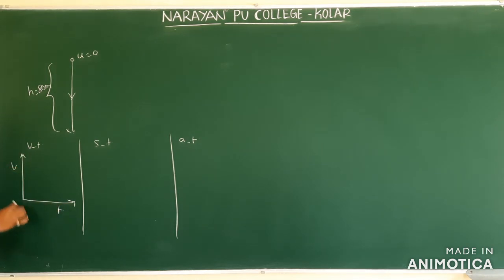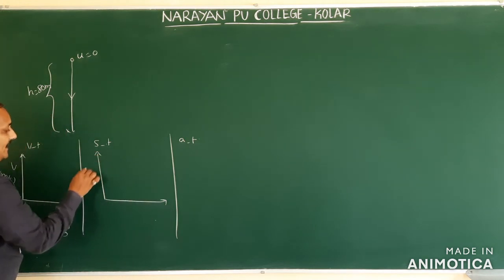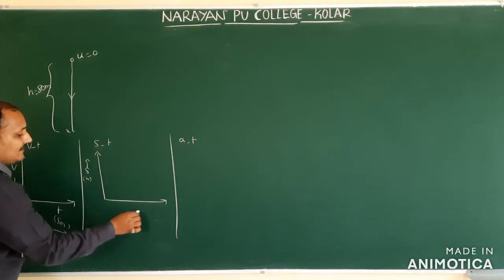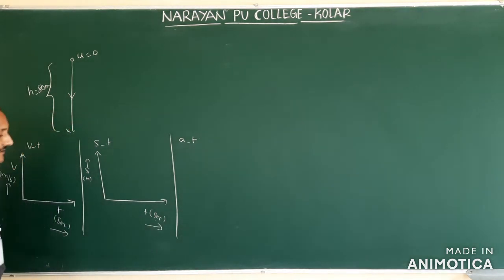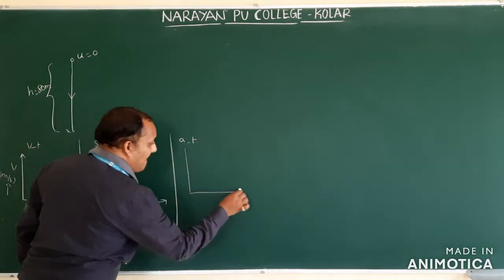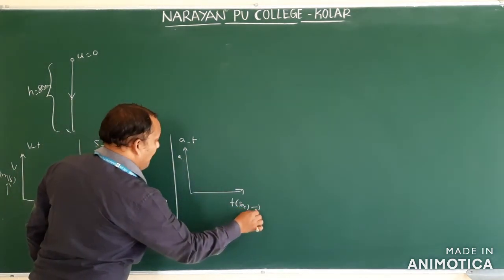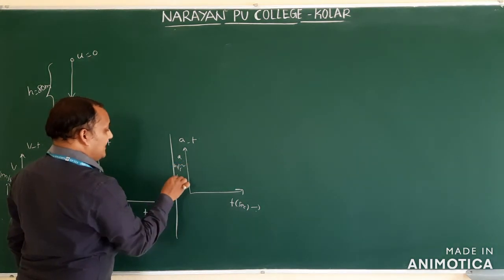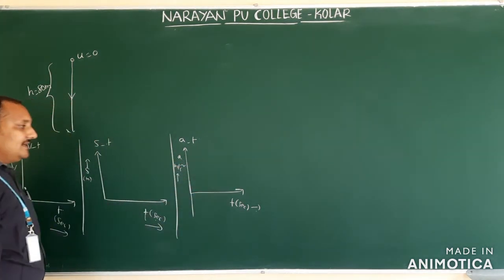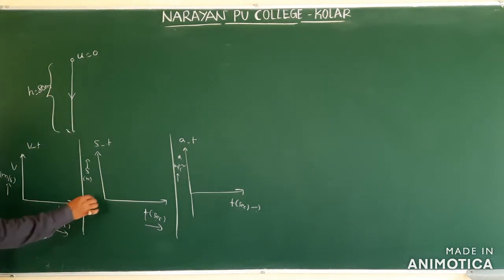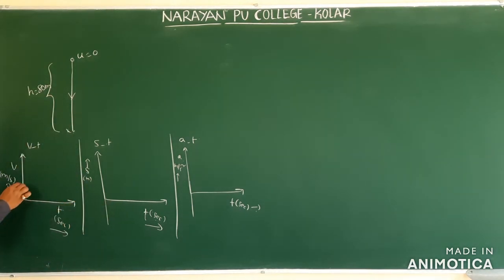velocity on the y-axis, time on the x-axis, in meters per second and seconds. Displacement is in meters, time is in seconds. Next, a-t, in meters per second square. Sometimes acceleration will be negative in the case of a vertically projected body. Displacement also we can take, velocity also we can take. This is the x-axis, this is the y-axis. Then how will the graph come? We should come to know the values here.